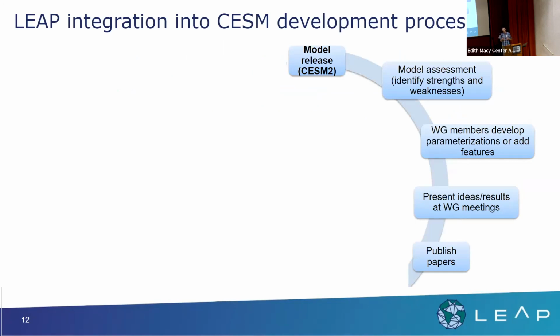Within CSM and really all the other system models around the world, the cycle tends to be on about a 7-year time scale, which those of you who have been in the field realize is the same time scale as IPCC reports. So we are just trying to stay far enough ahead of the next IPCC report that we can produce the next generation of big model simulations that can then support the writing of that document.